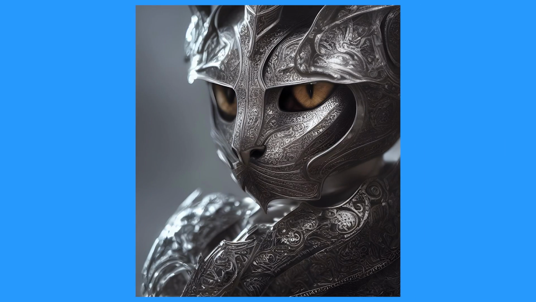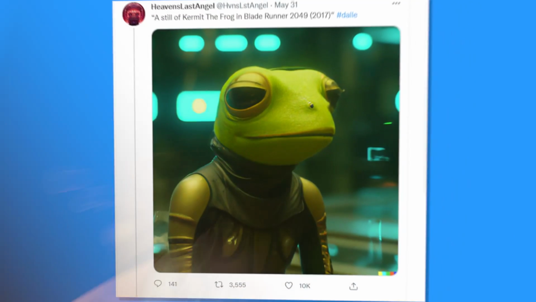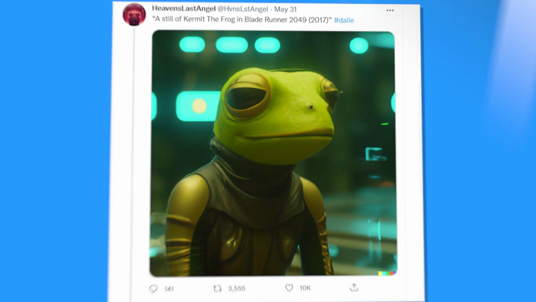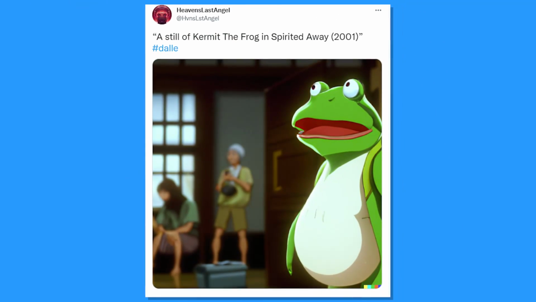AI image generation is taking the world by storm. It's clearly one of the most important developments in AI over the last 12 months. The capability of these models to take a piece of text and generate a really beautiful picture is astounding. It's a huge development in how humans create images, how humans create art, and it's unlocking a lot of creativity